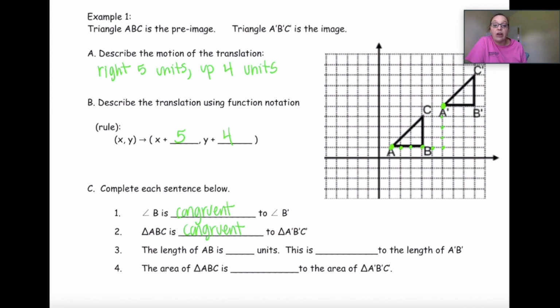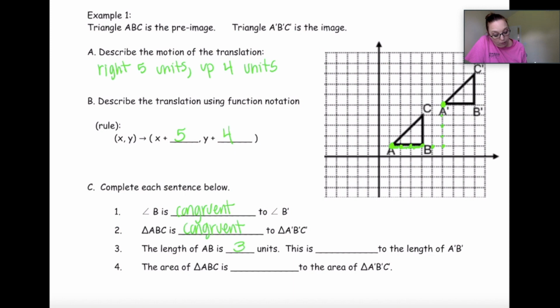The length of AB is blank units. So side AB is 1, 2, 3 units long. This is blank to the length of A prime, B prime. Well, A prime, B prime is 1, 2, 3 units long as well. So we can say this is congruent